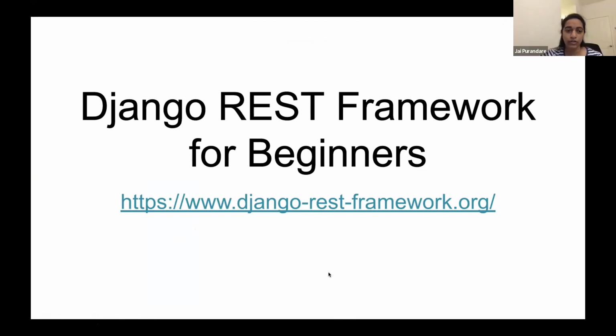So I wanted to give a brief introduction to Django Rest Framework. It's huge and it's definitely not something that I can fit into 5 to 10 minutes. So Django Rest Framework is basically a toolkit for building APIs, and it works on top of the Django framework. So it uses all of Django, the models, the whole of the Django infrastructure, I can say, and it helps